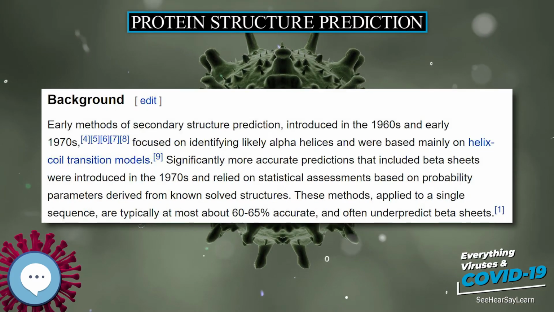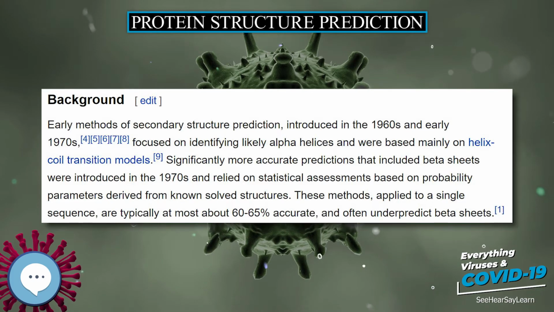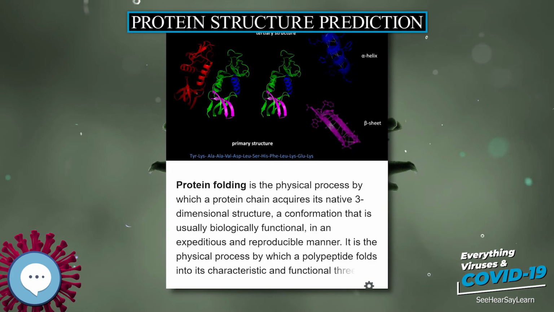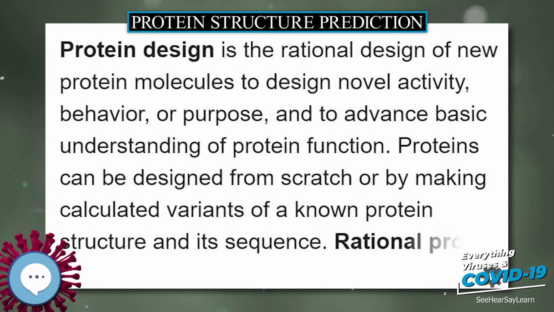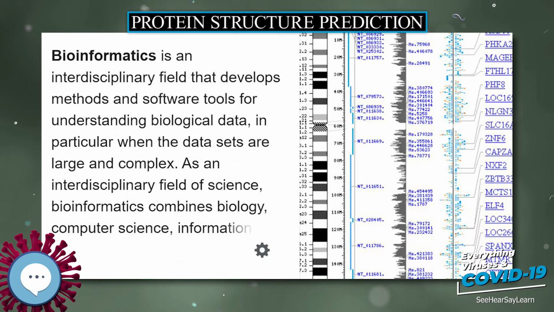The next notable program was the GOR method, named for the three scientists who developed it, Garnier, Osguthorpe, and Robson, is an information theory-based method. It uses the more powerful probabilistic technique of Bayesian inference. The GOR method takes into account not only the probability of each amino acid having a particular secondary structure, but also the conditional probability of the amino acid assuming each structure given the contributions of its neighbors. It does not assume that the neighbors have that same structure.